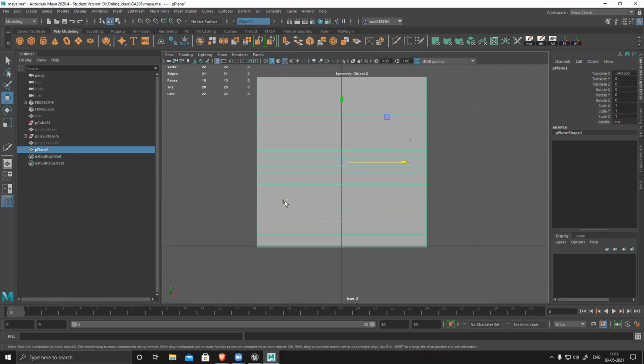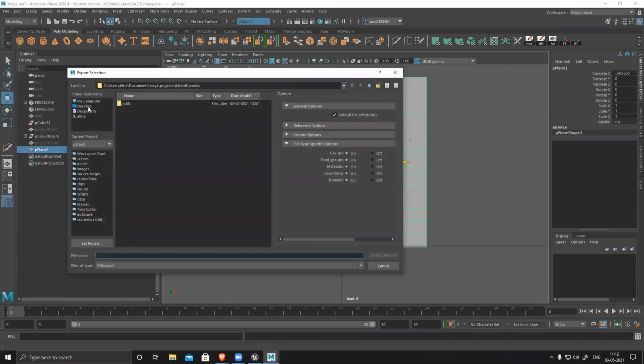But before that, I have to create an ID map, because we are going to create this trim sheet not in Substance, but in Quixel Mixer. And why are we doing it in Quixel? Quixel Mixer has all the tileable maps, so you don't have to manually make it tileable. If you do it in Substance, it will generate all the detail based on the sides automatically, and it won't tile perfectly. It might create a seam. So I'll be using Quixel Mixer to create a tileable trim sheet, because trim sheets should be tileable. That's the whole idea. Now my basic planning is done.